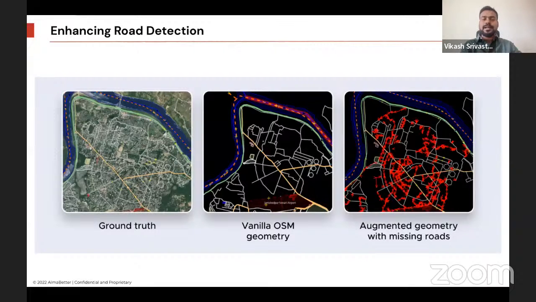Zomato would get that data and try to model it and see what small routes they can suggest to a particular delivery partner to follow, right? There could be very small streets which Google probably wouldn't be showing, but Zomato can,